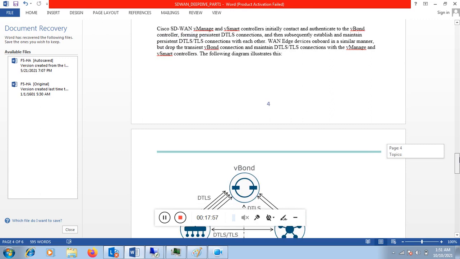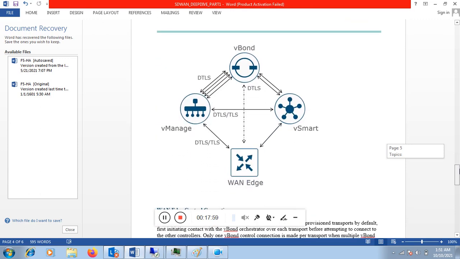Basically, as soon as you connect a WAN edge to an SD-WAN fabric, it will form a DTLS or TLS tunnel with all the controllers like vManage, vBond and vSmart, and this communication will happen over VPN 0.